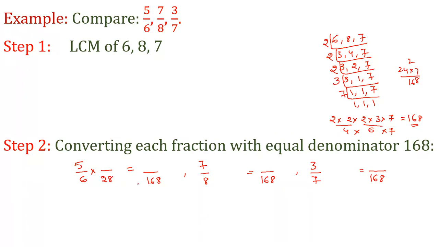So now you know what is the concept of equivalent fraction. How can you find out the equivalent fraction here, which is having 168 as the denominator? You are multiplying the denominator with 28, so you have to multiply the numerator also with 28. Then it will convert into its equivalent fraction. Okay, now you are multiplying both numerator and denominator with the same number, and you are getting 168, the LCM. So 5 28s are how much here? 140 you will get. 5 28s are 140.